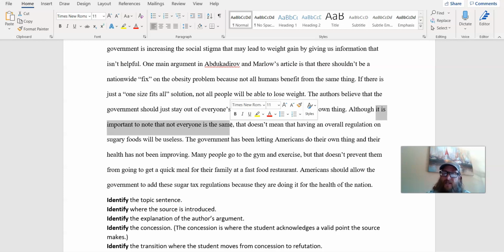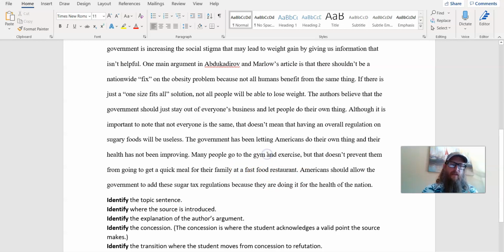She might even admit that these authors include some compelling examples of times that the government has tried to intervene on health policy in the past and failed miserably. Right. But, she is efforting to show that she's willing to give some ground there. But I do think this concession needs a bit more development. And I'm sure when you think about your source, you can develop a good concession. Again, think about what do they have in there? That's a good point. You don't want to dismiss them just because you disagree with their argument, right? What are some good points they make that you can't argue